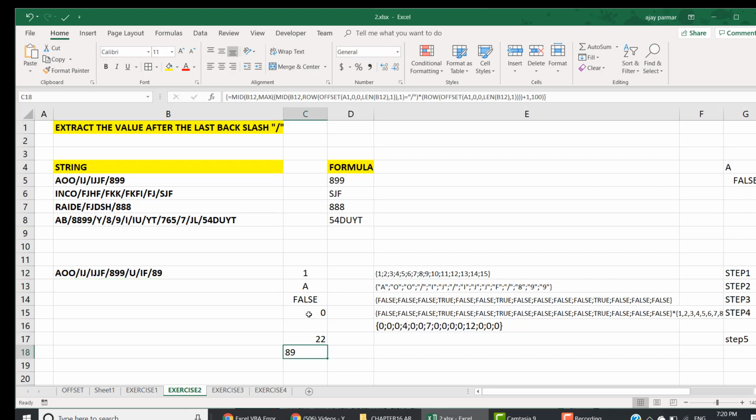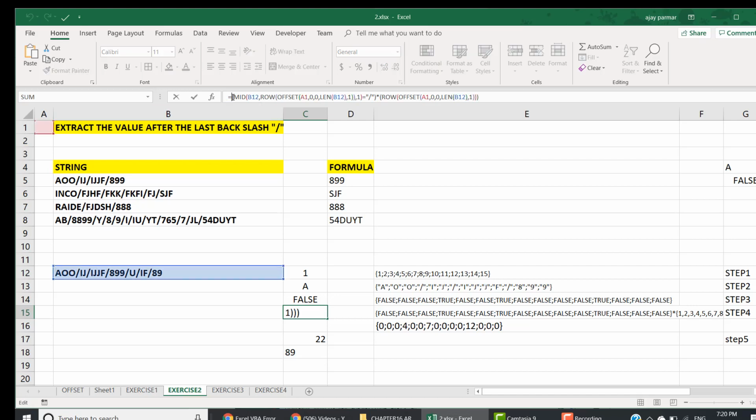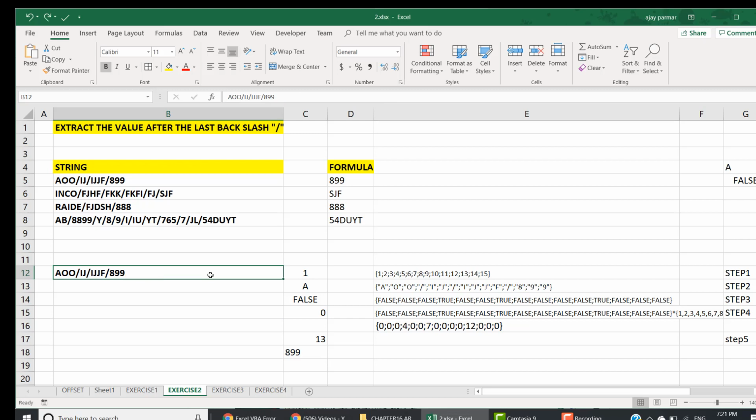Now if you go to this specific formula and press F9, see what happens. You find all the positions of the backslash: 4, 7, 12, and now 16, 18, 21 is also coming, right? So these are the positions where we have the backslash, and then using the MAX function we are able to calculate the highest position. So this is basically the plan. Okay, so let me quickly undo it.